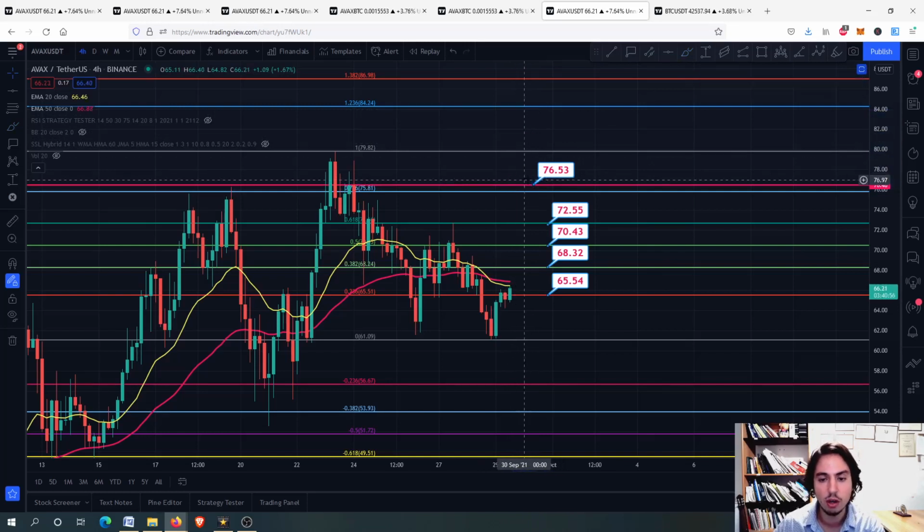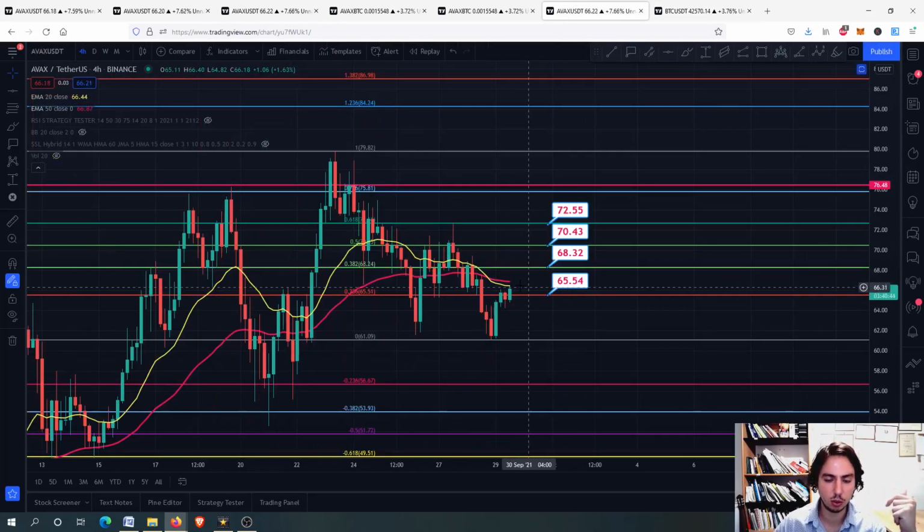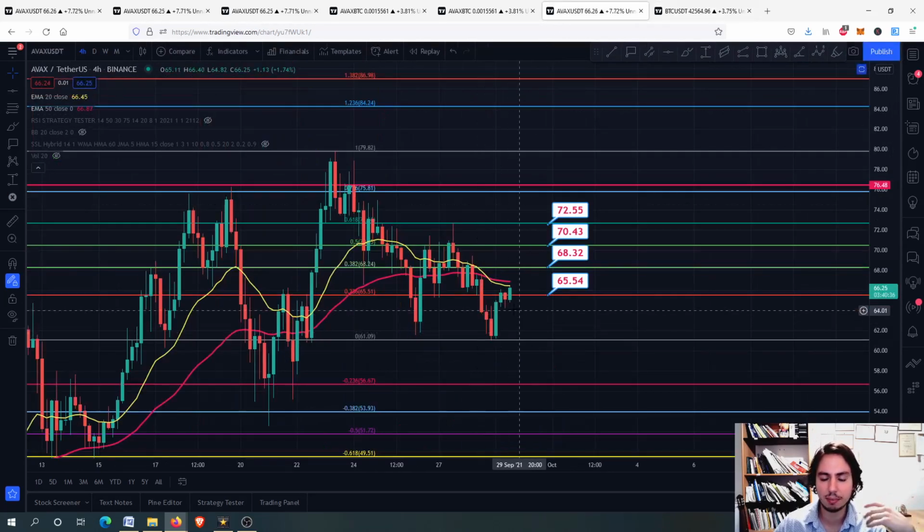But for now, for the time being, it is not safe for you to get in, as we have Bitcoin in a little bit of unstable position right there. Yes, we might be having a little bit of a swing high for Bitcoin, but in overall, yes, it looks like we might be getting down the 20-day MA and the 50-day EMA. Okay, so Bitcoin right now might help some altcoins getting a little bit of a profit right here, but